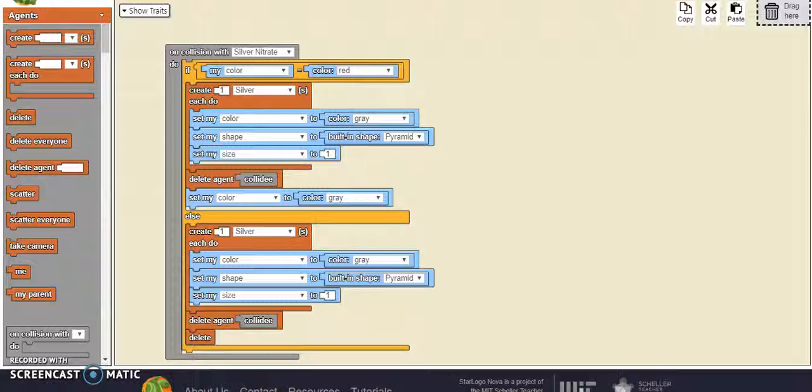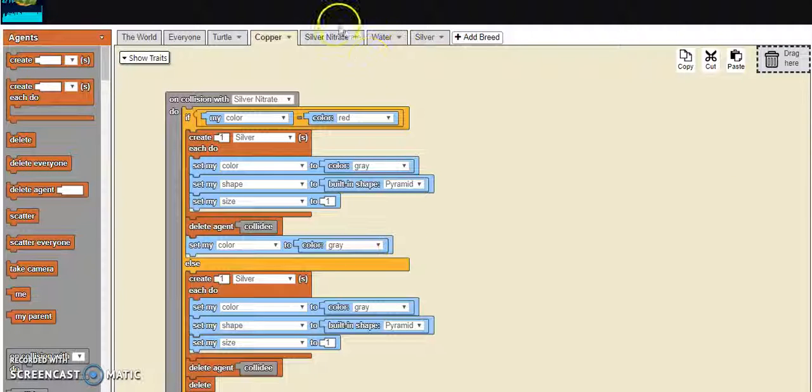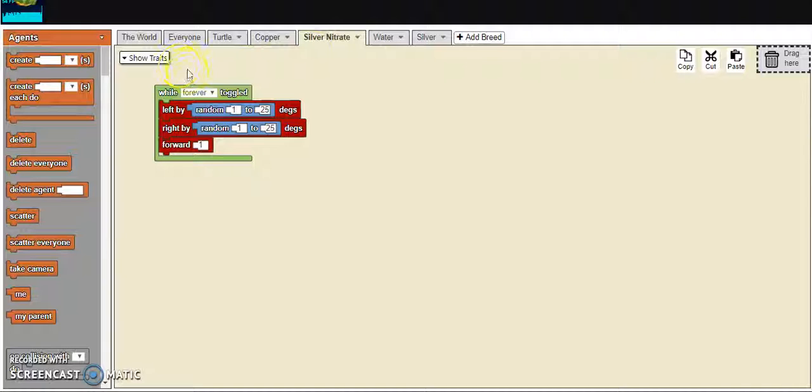They will set my color again to gray. It will create one silver. It will also create one silver, each one the color gray, shape the built-in shape pyramid, size 1, which will again delete the agent that collided. The next thing will be the silver nitrate, which would do the effect on the forever